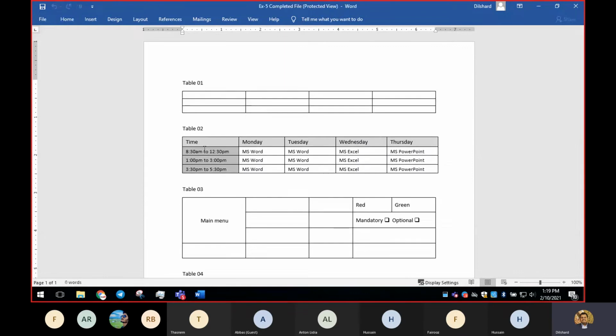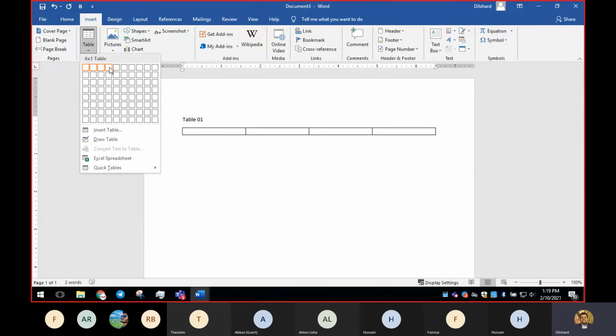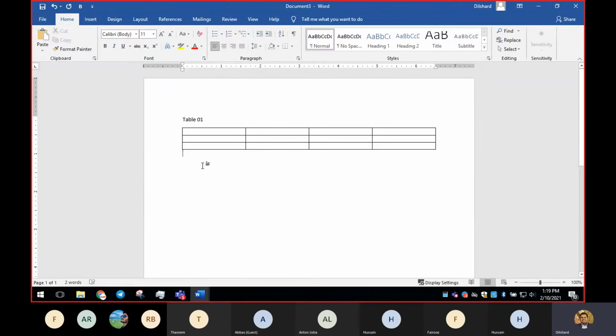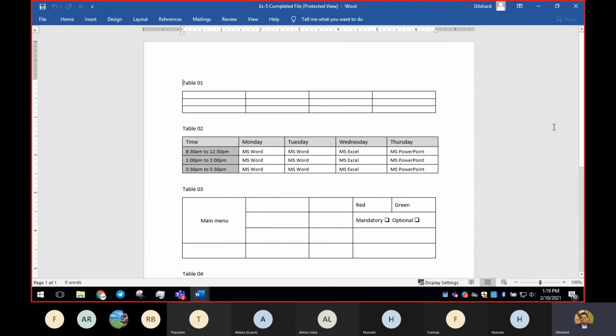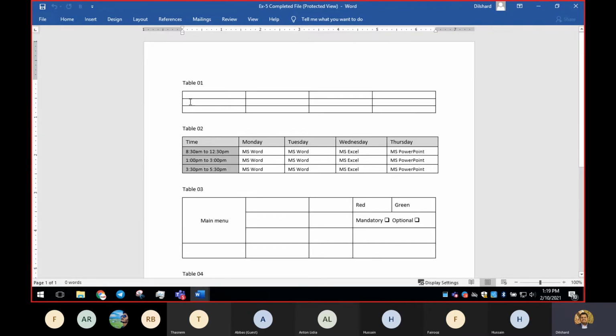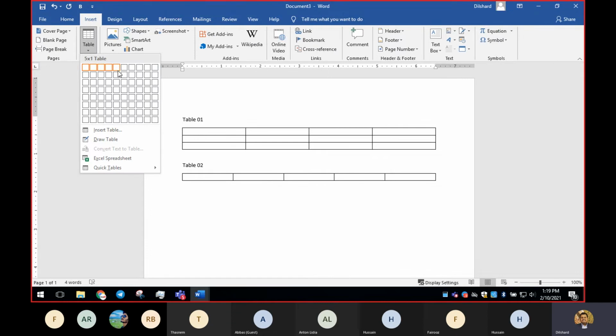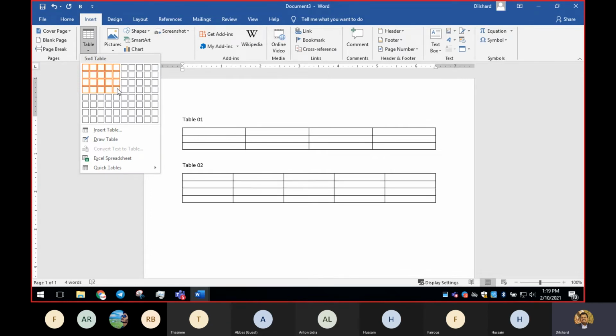For table 1, we'll name it table 1 and we're going to have this table. Here we have 3 rows and 4 columns. To insert that, we go to insert and choose 4 columns and 3 rows. That's simple, just a selection. We have already completed it, so I don't think I need more explanation. But now here we have 5 columns and 4 rows, so I'll select 5 columns and 4 rows.